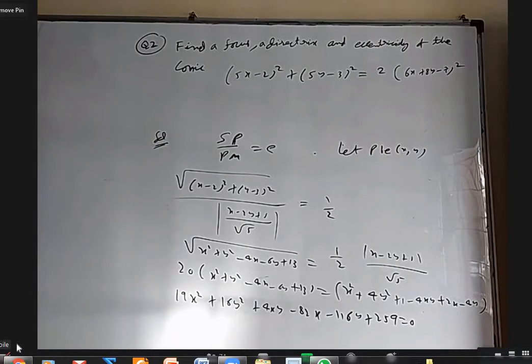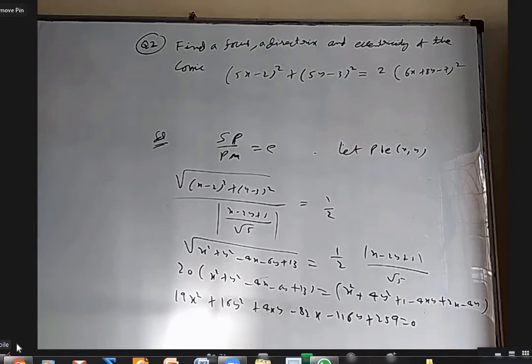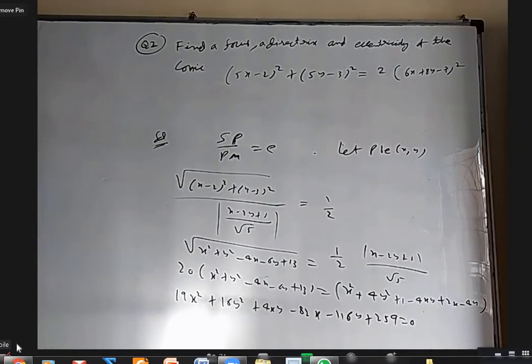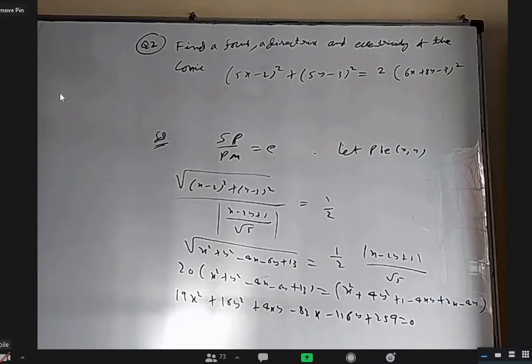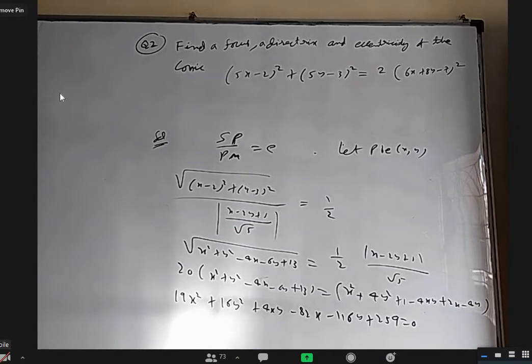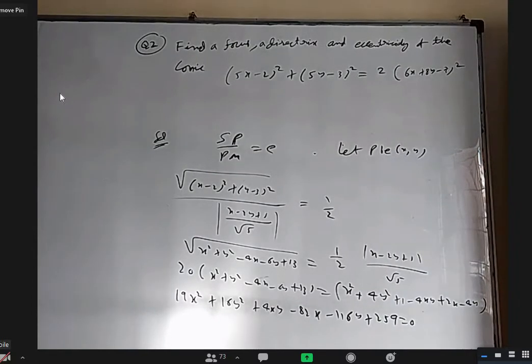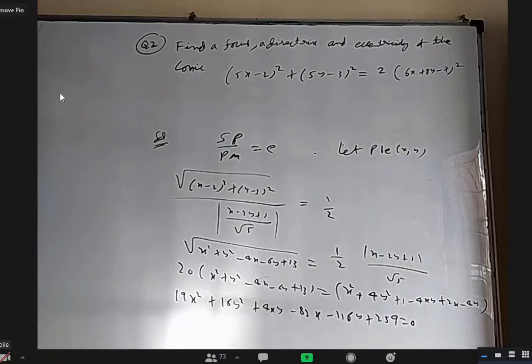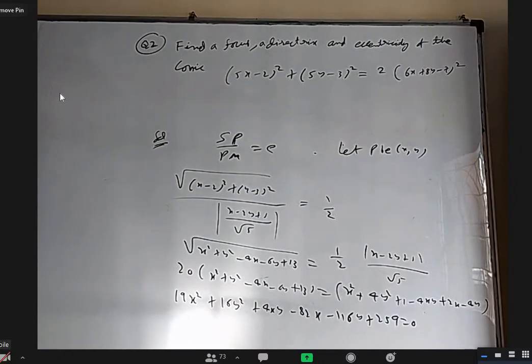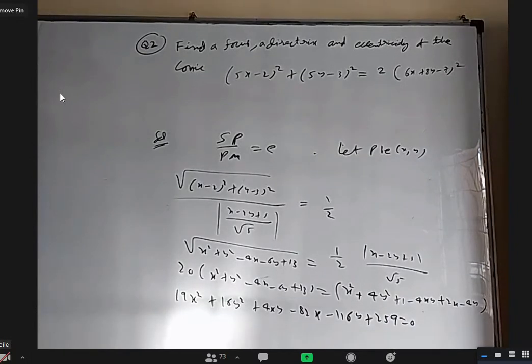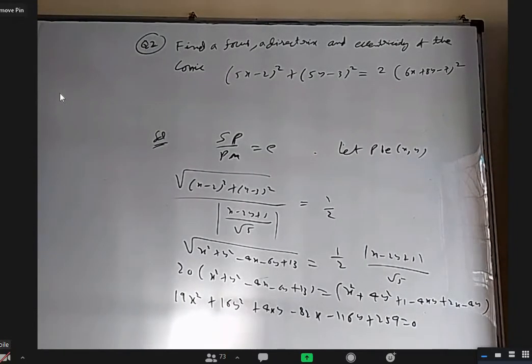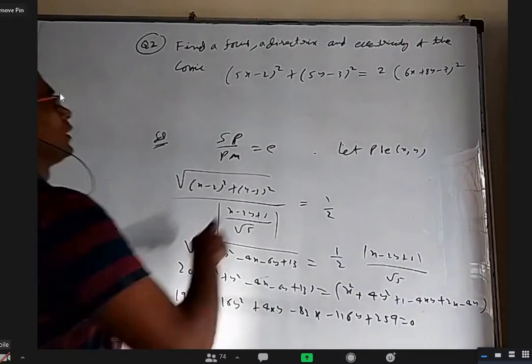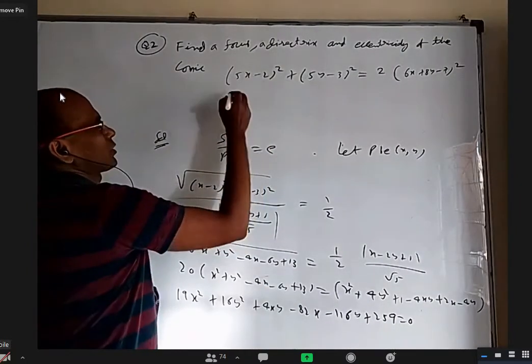Anybody want to tell what is the focus of this conic section? 2/5, 3/5. Yes, good. Who is that? Nitin. Good. Is the eccentricity 2 root 2, sir? Yes, 2 root 2 is correct. Directrix is 6x plus 8y minus 7. Only, if this is not in distance form, you have to take 5 square common here.